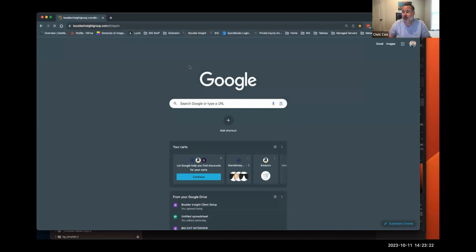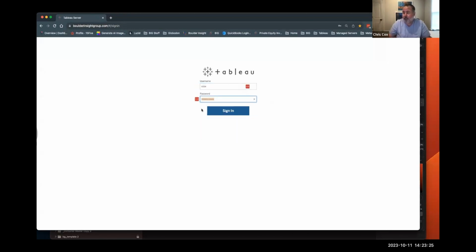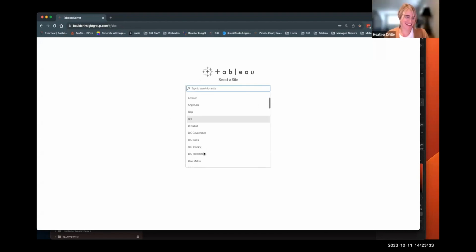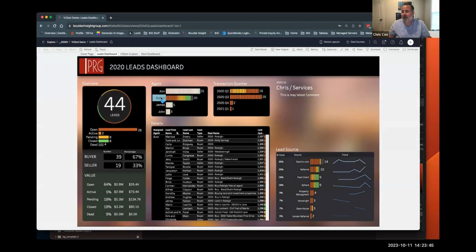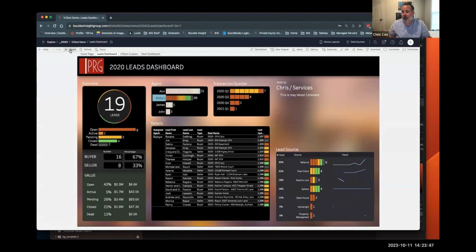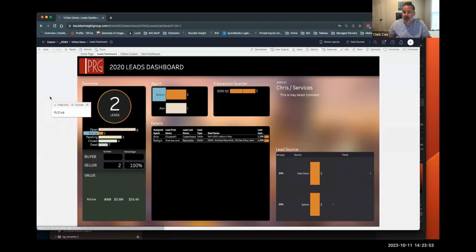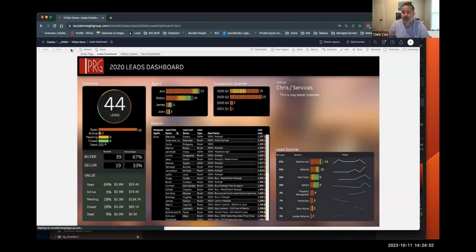So if you've ever published to server, I'll just show you one really quick. So let's just hop in here. Password problems. I've got 99 problems, and a password is actually one, apparently. So let's just take one of these guys. I think Tableau just renamed this in some later versions. Let's say I've clicked here. I don't think it's called a revert anymore, but it's called it here. So I can have multiple actions all these things created. And if I want, I could clear these, like I said, by clicking here and clicking there, or I can also hit that button right there. And then that's going to put you back to the first state.